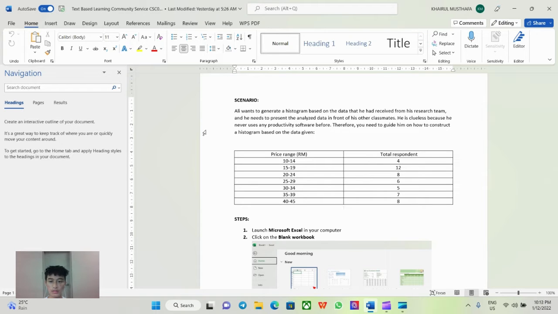Because he never used any productivity software before, and for your information, productivity software is easier to understand. It is like Microsoft Word, PowerPoint, or Excel. That is an example of productivity software. So now, by using productivity software, and here we will be using Excel, we need to construct a histogram. Okay, now, first of all,